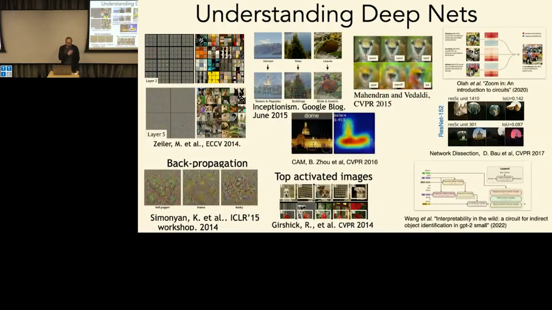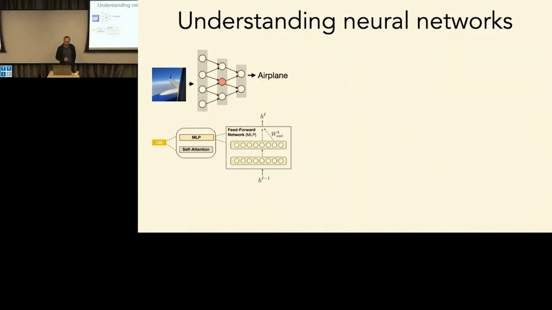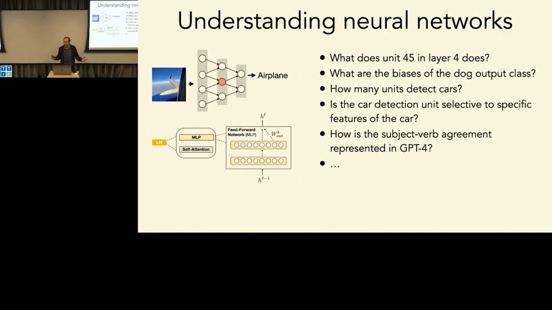And there are a number of tools that have been proposed, and a lot of people have been working on this. There is now a big community of people trying to build tools to understand the representation that is learned by neural networks. But one of the things that happens is that all of these tools generally answer only specific questions about what a neural network is doing. What we wanted to have is something that you could take any neural network, any system that you have trained, it doesn't even need to be a neural network, any system that you have trained that performs some task, and then we want to be able to ask all kinds of questions.